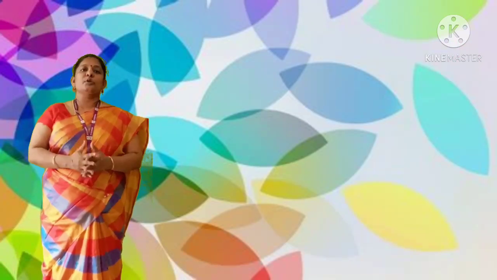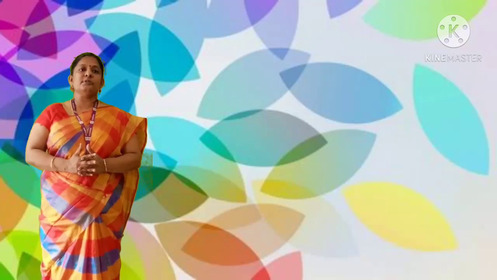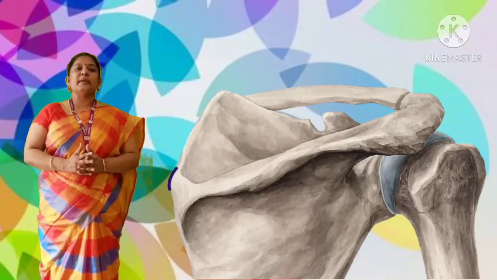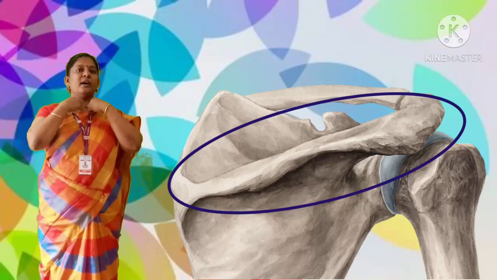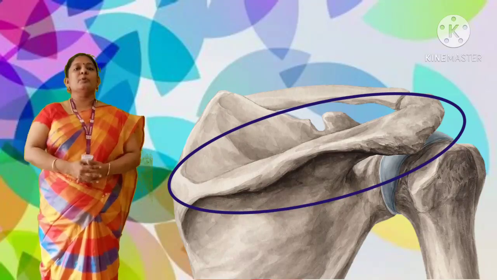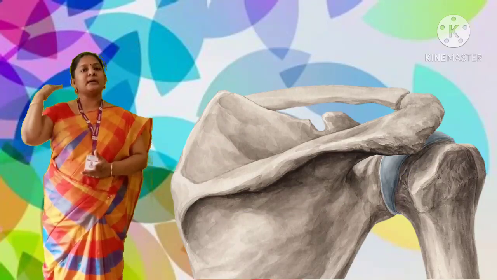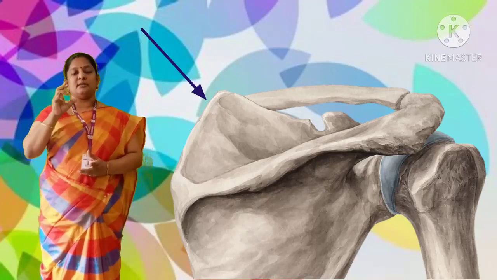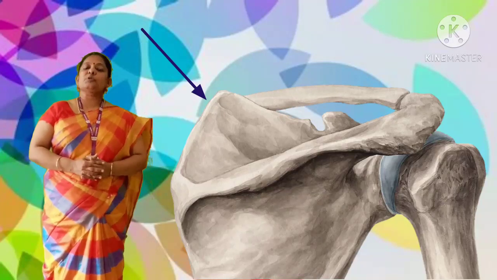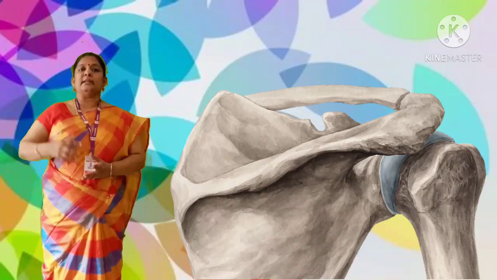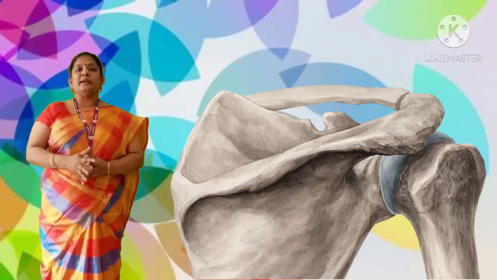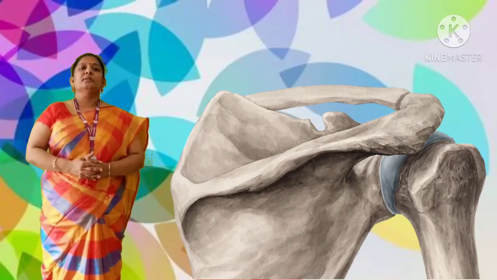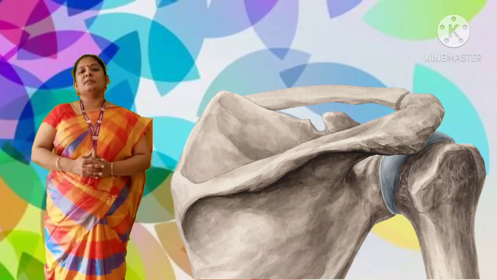What is shoulder bone or pectoral bones? Shoulder bone is formed by collar bone. We have collar bone at the front and the shoulder bone at the back side. It is also called the shoulder blade. It is shaped like a blade. That's why it is called shoulder blade, at the back of the collar bone.